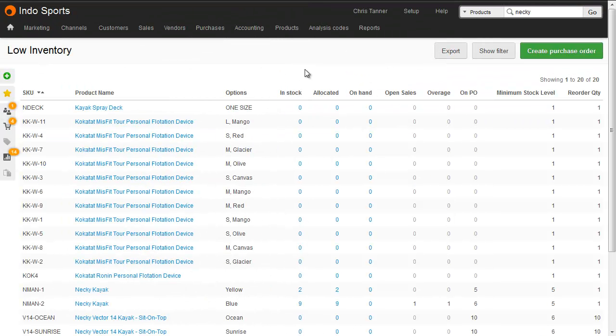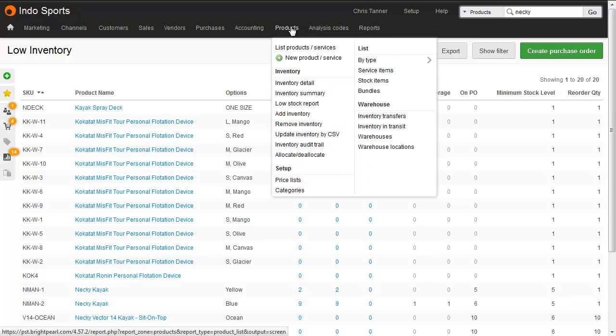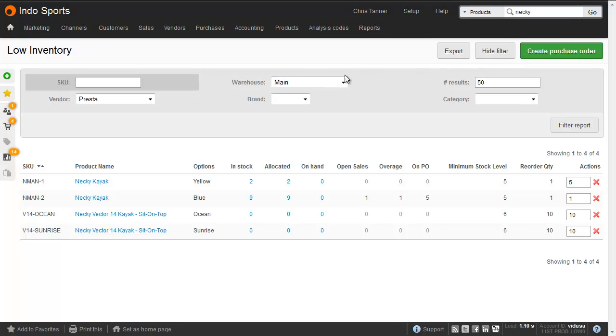Next up, we're going to look at one of the most useful inventory reports, which is the low stock report. When you filter this by warehouse and by vendor, you get the ability to simply create a purchase order with one click. So what can we see on screen? We've got the SKU, we've got the name, we've got the options, and then we've got our usual in-stock, allocated and on hand, but we've also got open sales, overage, and on purchase order, combined with the minimum stock level